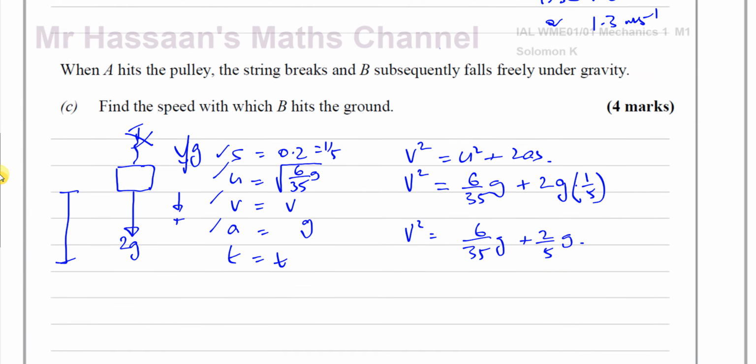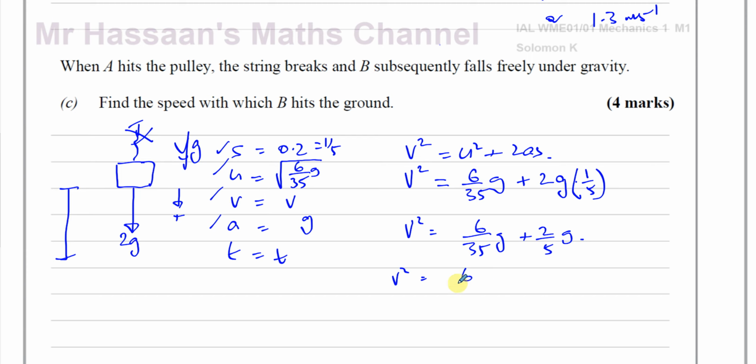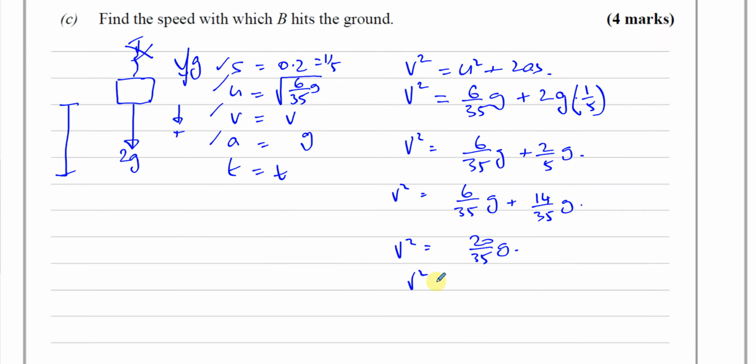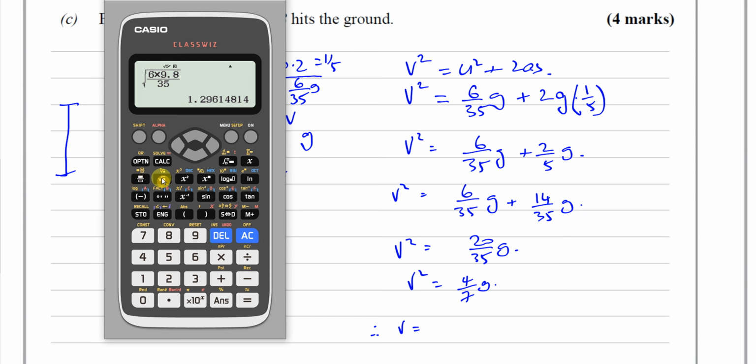Let's just add these together. So V squared equals 6 over 35G plus 14 over 35G. So V squared equals 20 over 35G. Now 5 goes into both of those, so that's 4 over 7G. Therefore V is equal to the square root of that. So we take the square root of 4 times 9.8 divided by 7, and that should give the answer, which is 2.3664